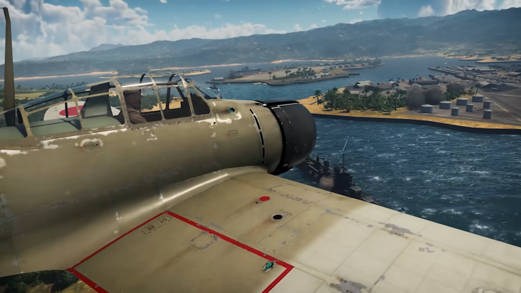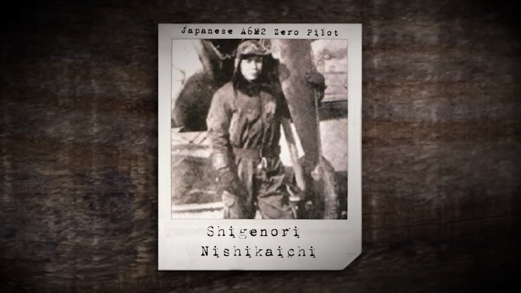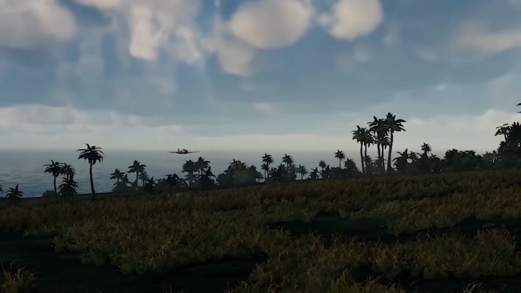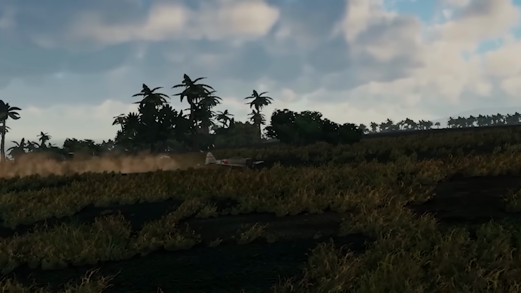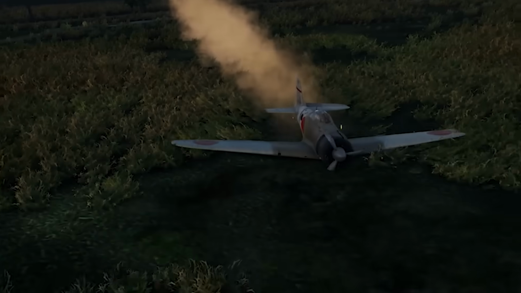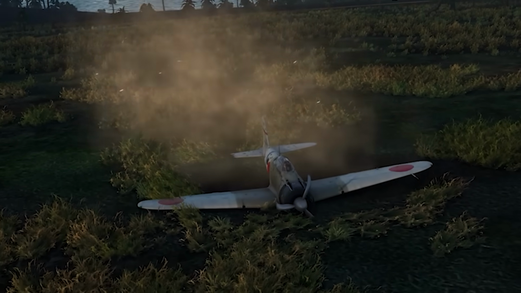Also on this day, however, another Zero would be shot down. This one was piloted by Shigenori Nishikaichi and would be forced to crash land on its way back home to the Japanese carrier force. During this, he would bring his plane down intact on the Hawaiian island of Niihau, expecting to be rescued by a submarine very soon. He was instead taken prisoner by locals shortly after landing, and thus his fully preserved Zero sat in the grass